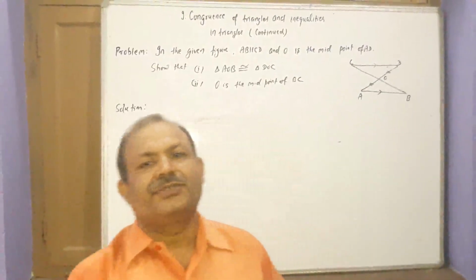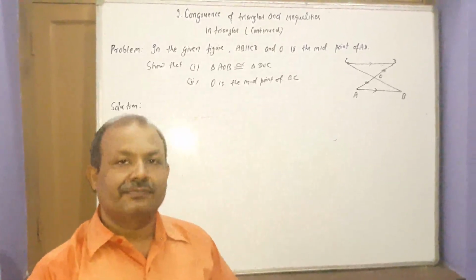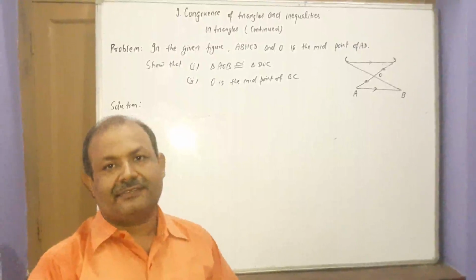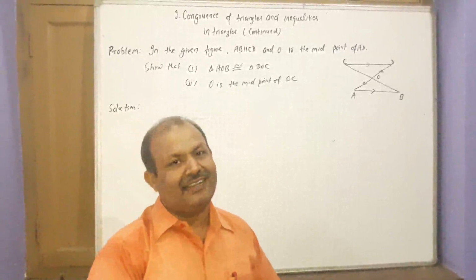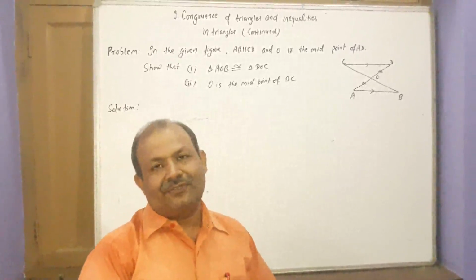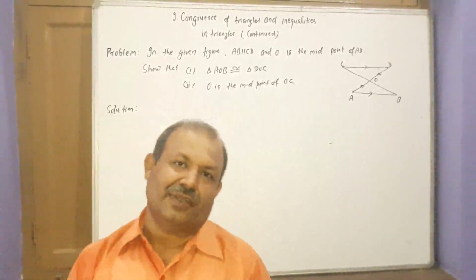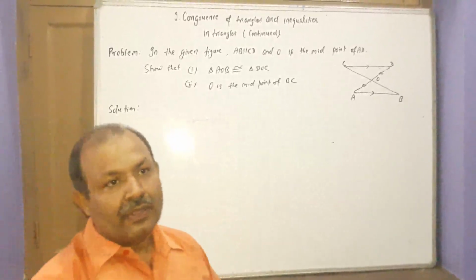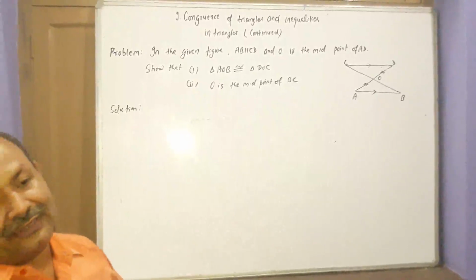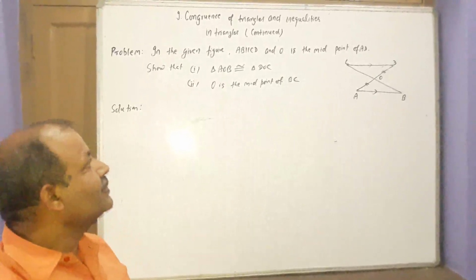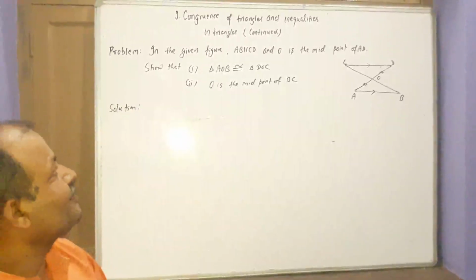Now we have come to know about the different congruence criteria, that is SAS, ASA, AAS, SSS and RHS. These 5 criteria will be utilized in different types of problems of exercise 9A. You have to apply your mind what criteria will be utilized in what problem to solve. Now I am going to solve some of the problems from your exercise.